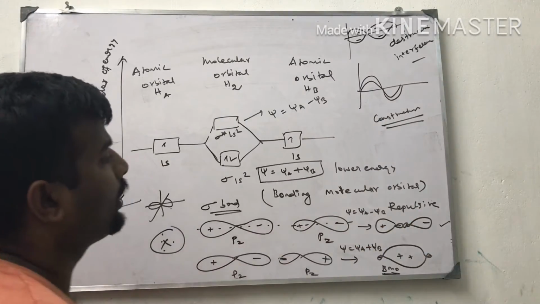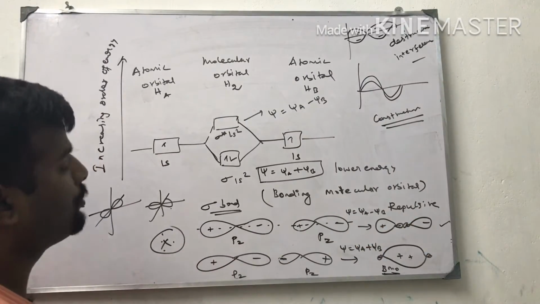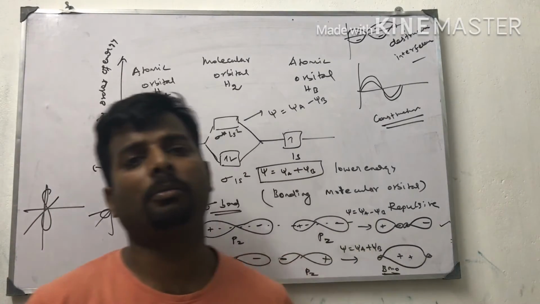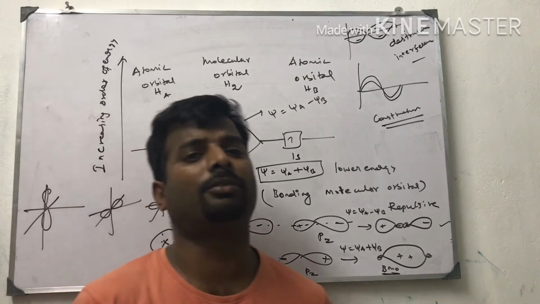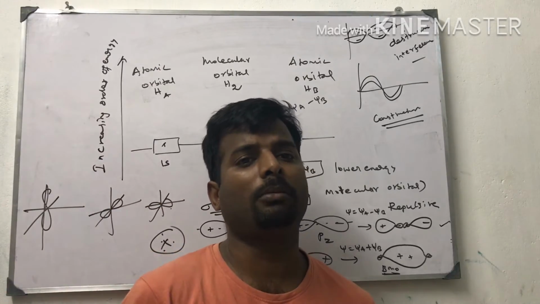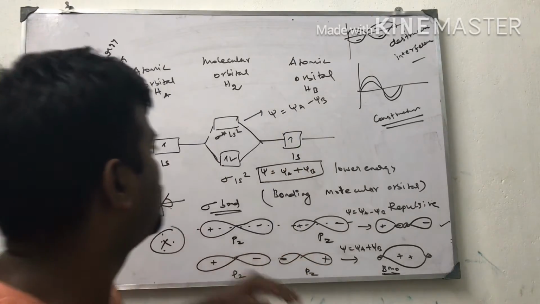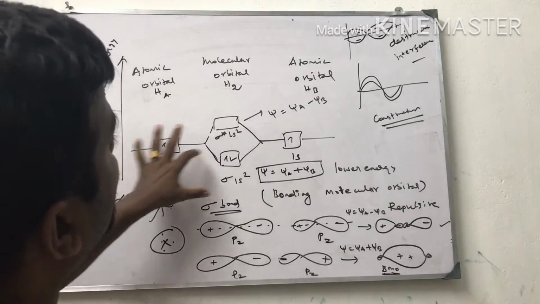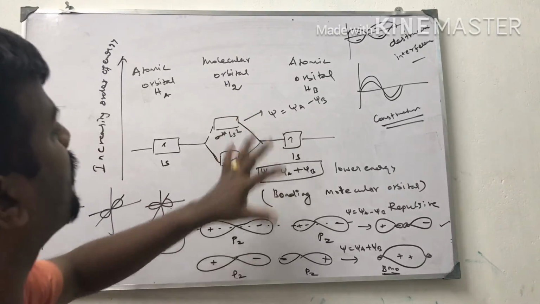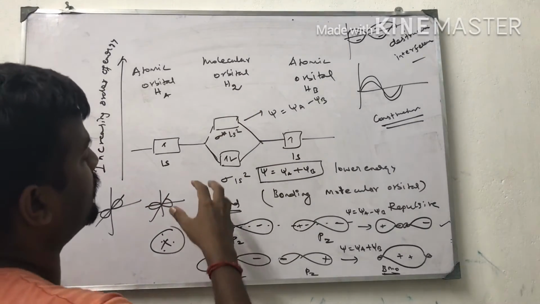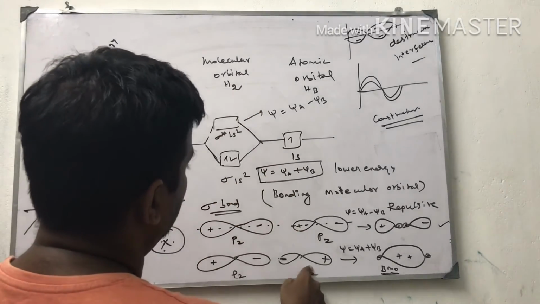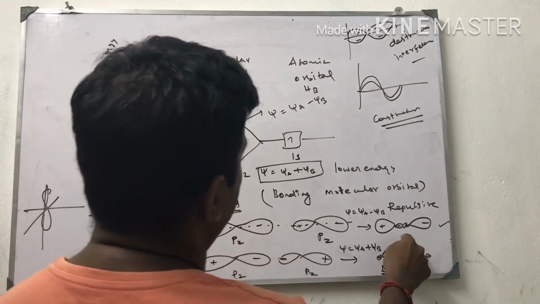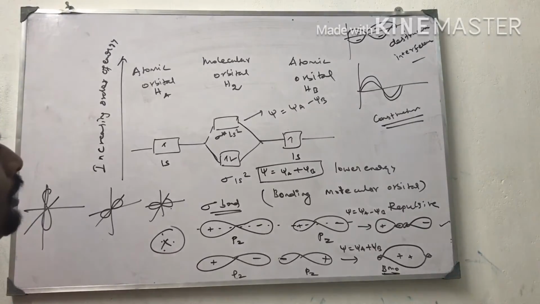So from that diagram we have observed that the addition of wave functions is in bonding molecular orbital and subtraction of wave functions is present in anti-bonding molecular orbitals. Hydrogen is the example. One atomic orbital combines with the atomic orbital of the other one. They first combine like this to form this compound, and after they subtract they will form like this. That is the thing I am drawing.